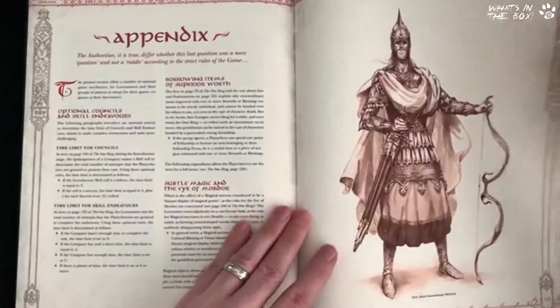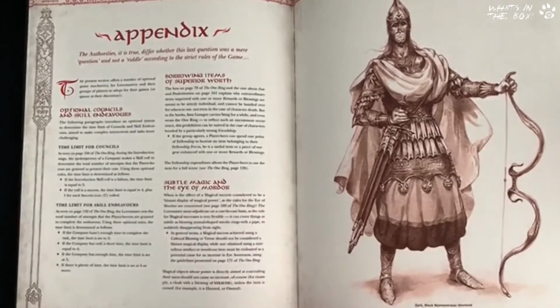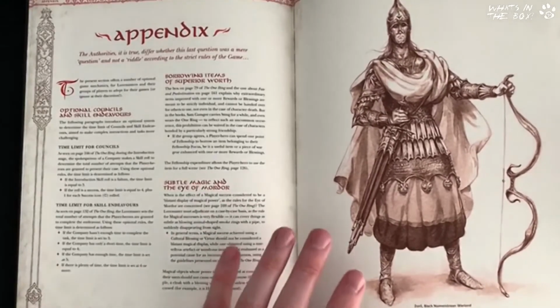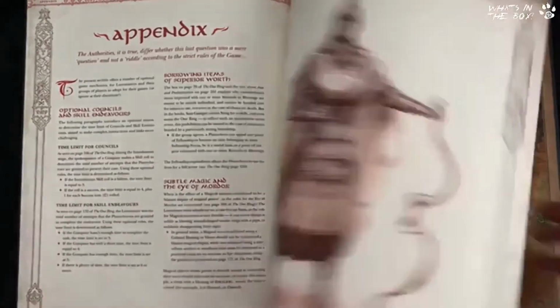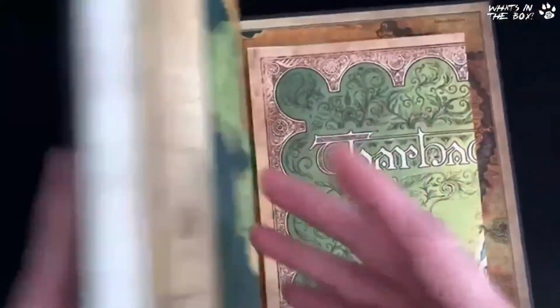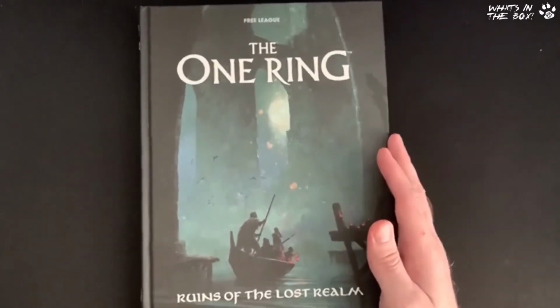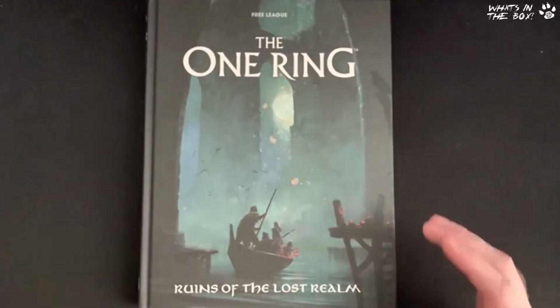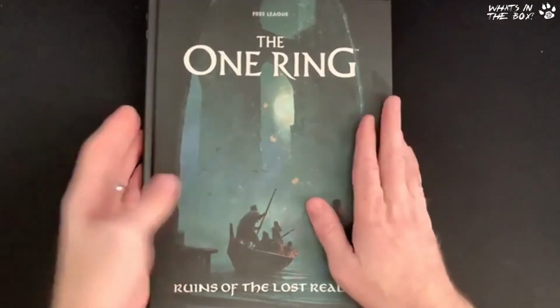Wow. You gotta appreciate these books. I mean, I love Symbaroum. Don't get me wrong. Symbaroum is gorgeous. I think in terms of presentation, the One Ring takes it a step up. The presentation is beautiful. It feels amazing. It's a great collection, not just a single book. It's a great collection for anyone who's into TTRPGs. Certainly do consider getting something like this. It is absolutely